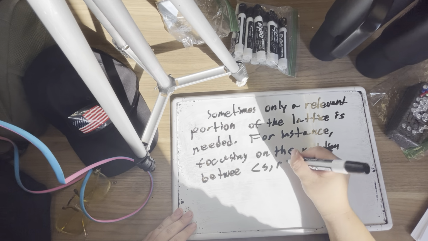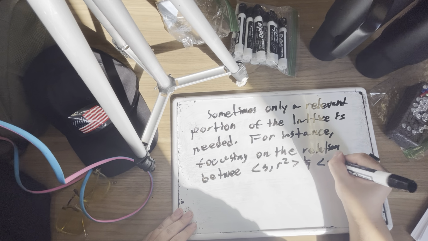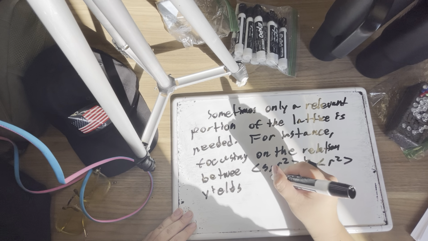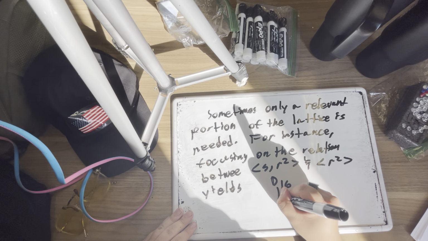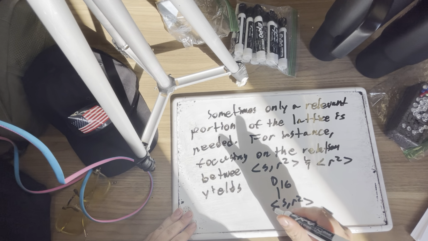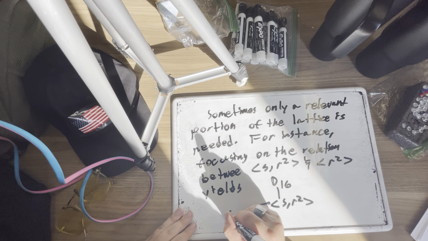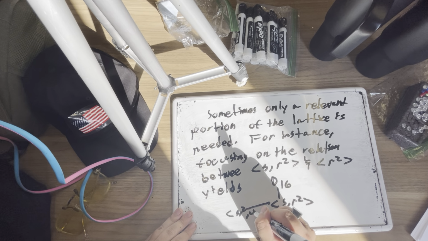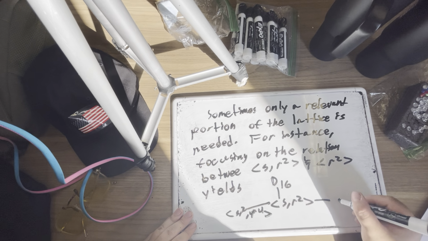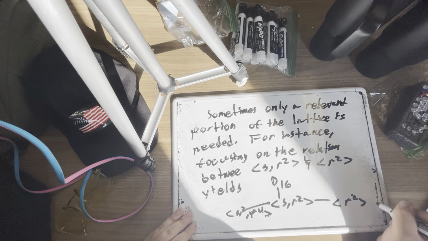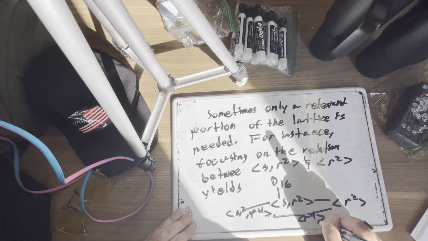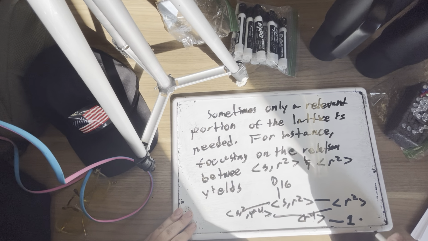that group generated by S comma R squared and the subgroup generated by R squared yields this, which is D sub 16. Then we draw a line to the subgroup generated by S comma R squared, and then a line to the group generated by SR squared comma R to the power 4, the subgroup generated by that, and then the subgroup generated by R squared, and each of these has a line to the group generated by R to the power 4, and this has a line to the identity, and that's pretty much it.